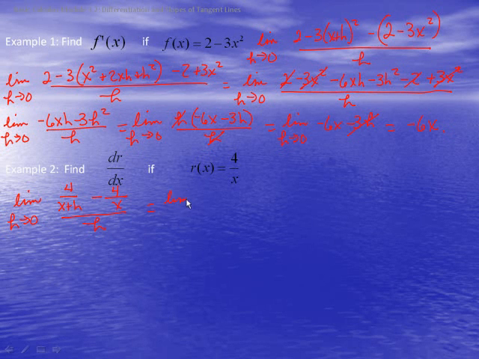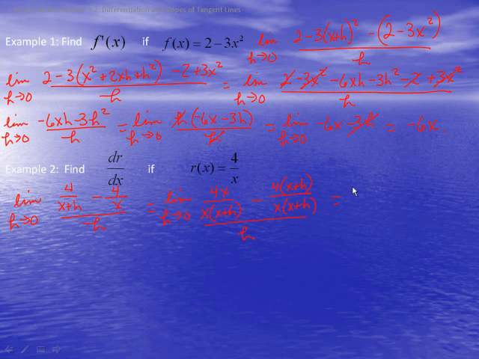Step 2, that's going to be the limit as h approaches 0, and we need to give this left one here an x. So it'll be 4x over x times x plus h. And we need to give the one on the right, this one here, an x plus h. So it'll be 4 plus h over x times x plus h. So notice I gave it an x plus h here and an x here. So now that they match,